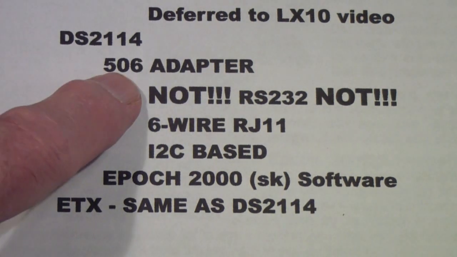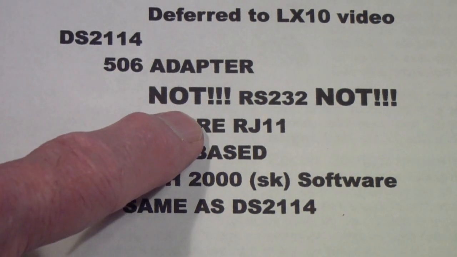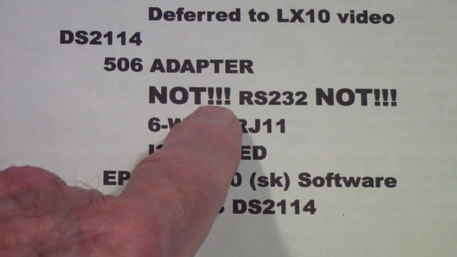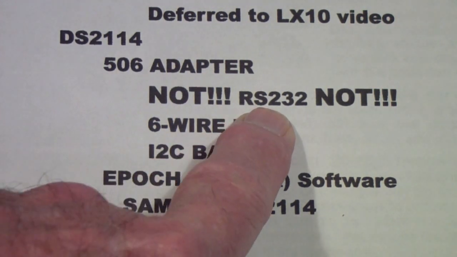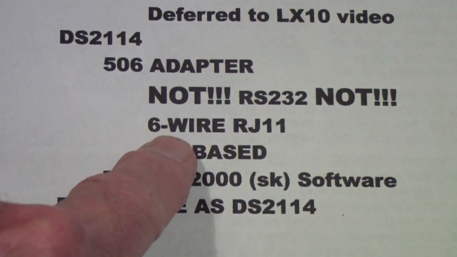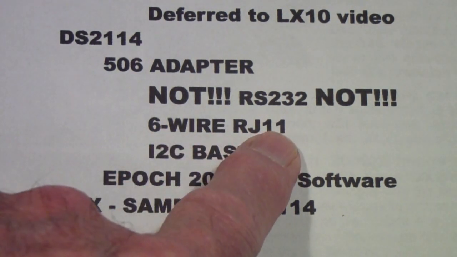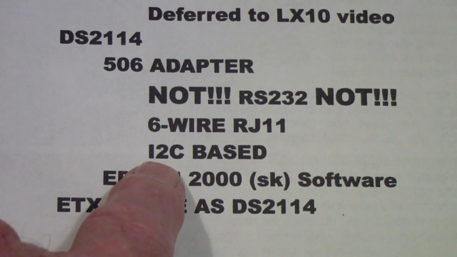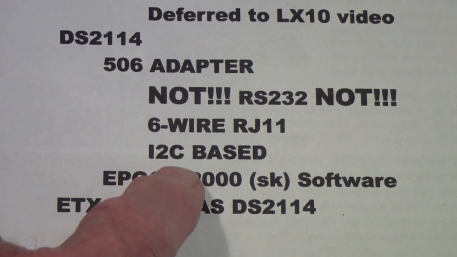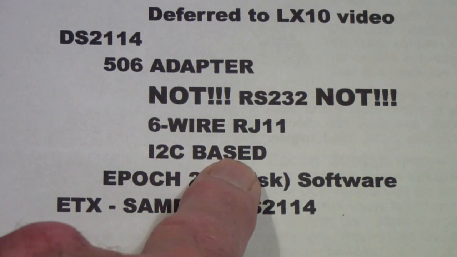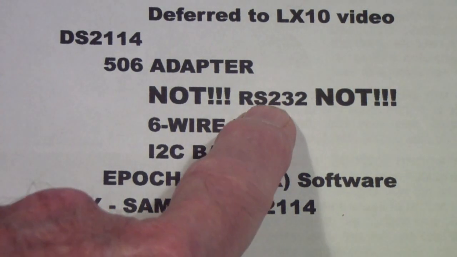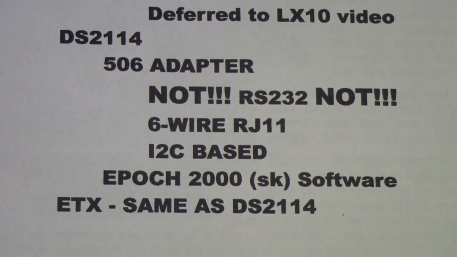It uses a 506 adapter. It is not, and I put this in big letters and exclamation points and so on both sides, it is not an RS-232. The 506 adapter uses the 6-wire RJ11, only 4 wires are used, but it is based on an I2C chip. That is a serial protocol that is used by chip manufacturers, and it is not compatible with RS-232. And if you plug it into the wrong kind of RS-232 jack, it can actually mess up your telescope